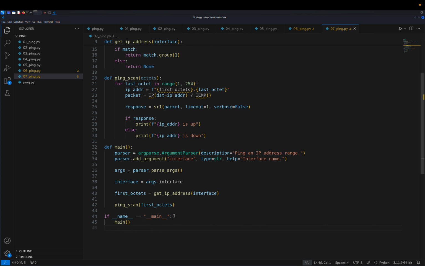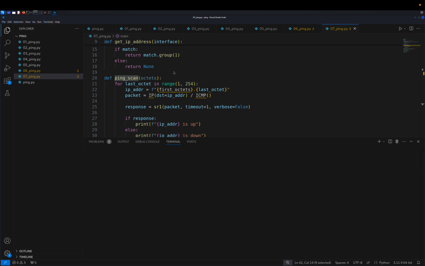So this part here, guys, once our script runs, this section of the code will be run, and this section will call our main function. The main function parses the arguments, it will take the interface name, extract the first 3 octets, and then pass it to the ping scan function that will run it. So let's quickly do it. If we type in sudo python 7 eth0,